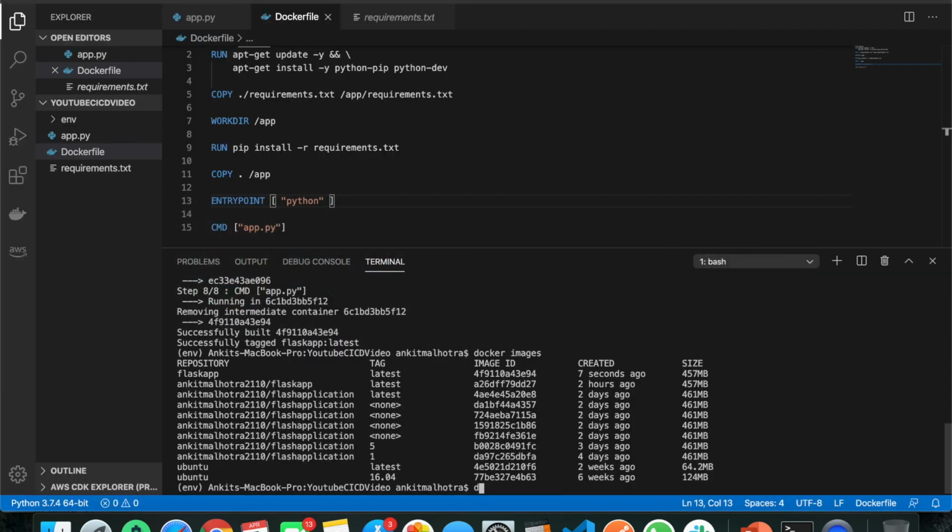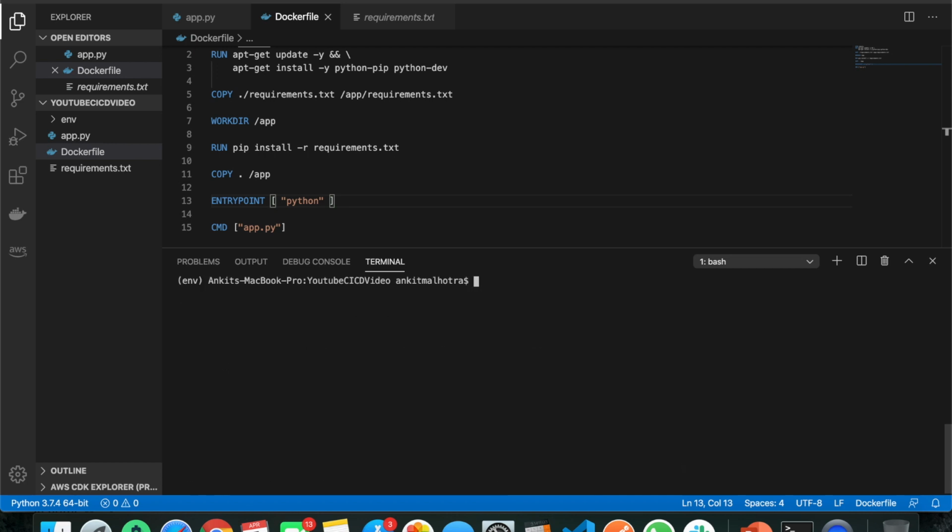And we will tag our image to this namespace. So first, let's log in to Docker. You can use this command to log in to your Docker account. Enter your password. Once the login is done, you will tag your image: docker tag flask app to